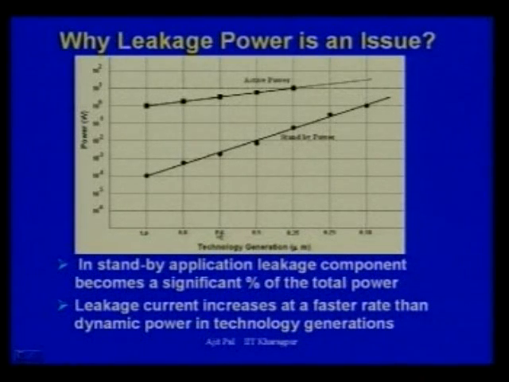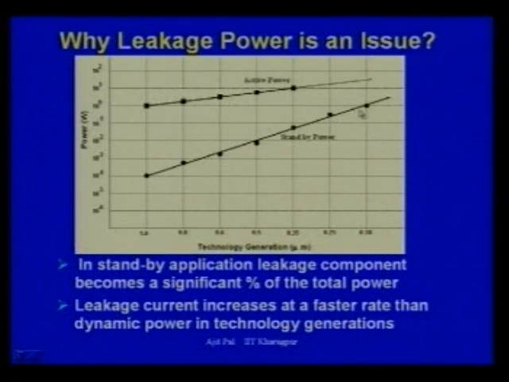As I have told, the number of transistors in an IC is increasing. As a consequence, the active power, which is nothing but the dynamic power that I have told, is increasing. But the leakage power, which is the standby power, or static power, is increasing